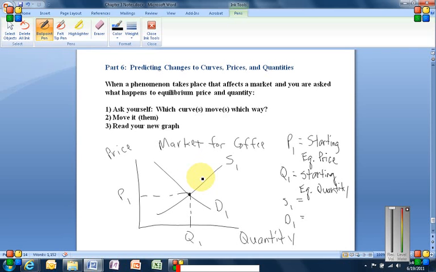Number 1 says, ask yourself which curve, or curves, because sometimes more than one curve is affected, moves which way. So obviously if the number of sellers increases in the coffee market, then the supply of coffee is going to increase. And that means the curve is going to shift to the right. So we would draw S sub 2 somewhere to the right. And now of course we have a new equilibrium point. So we'll mark that